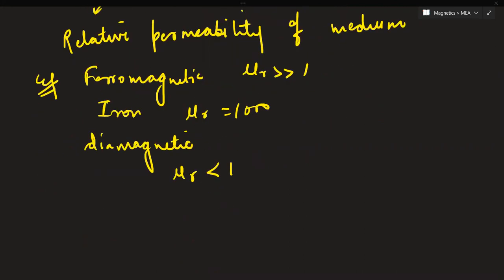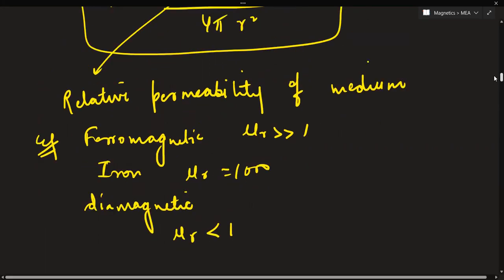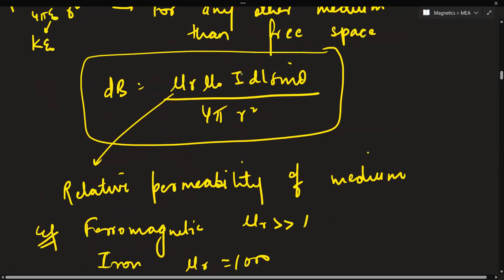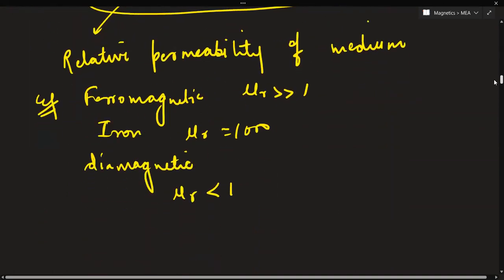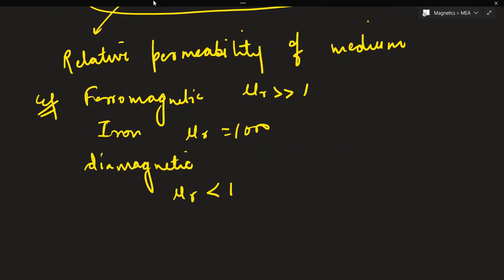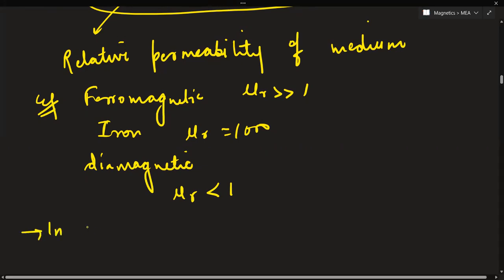See, if we write it in vector form, I think you people will be able to identify it easily. Can anyone tell, if dl, just let me write. Whenever sine theta is there between two vectors, the magnitudes of the two vectors are taken and sine theta is kept. So can you tell which product it is? Cross product, or dot product? Cross product. Yes, it is cross product. So in vector form, if we represent it,